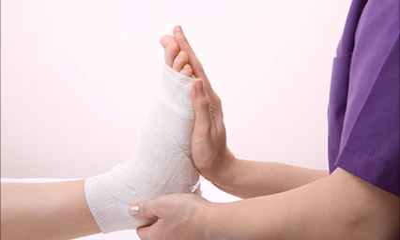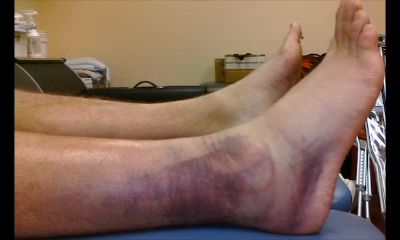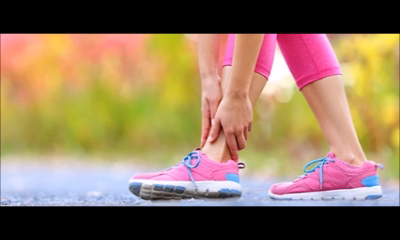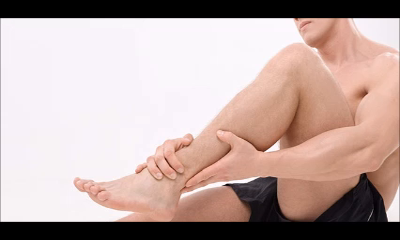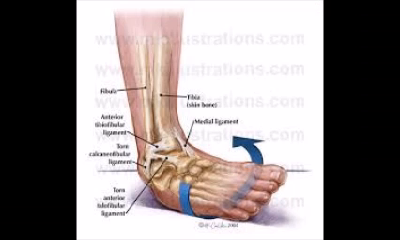Ankle sprain versus high ankle sprain. The dreaded high ankle sprain differs from a standard ankle sprain according to the ligaments that are involved. In a standard ankle sprain, the ligaments that connect the bones in the lower leg to the foot and ankle bones are injured. But in a high ankle sprain, the ligaments that connect the two lower leg bones together are